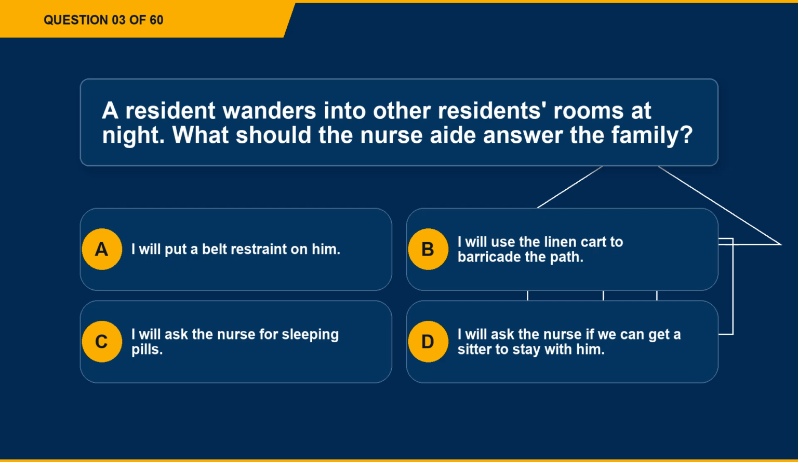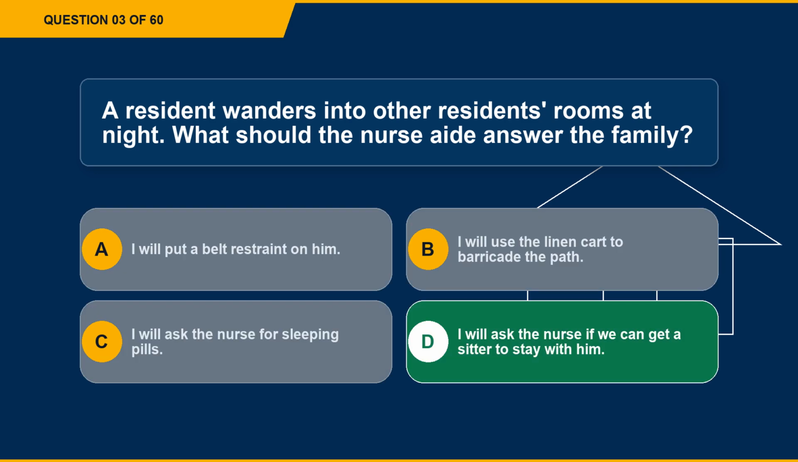Question 3. A resident wanders into other residents' rooms at night. What should the nurse aide answer the family? Option A, I will put a belt restraint on him. Option B, I will use the linen cart to barricade the path. Option C, I will ask the nurse for sleeping pills. Option D, I will ask the nurse if we can get a sitter to stay with him. The correct answer is option D, I will ask the nurse if we can get a sitter to stay with